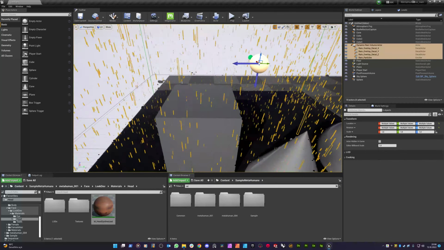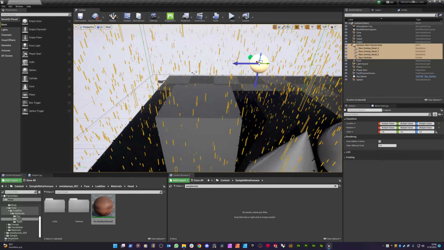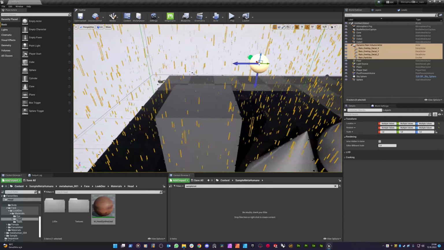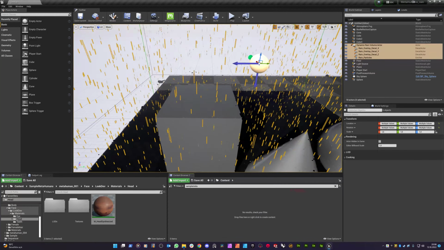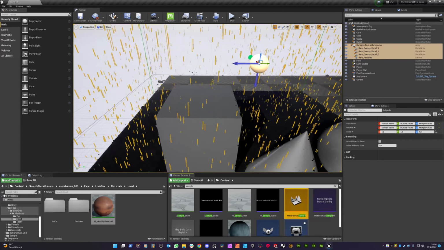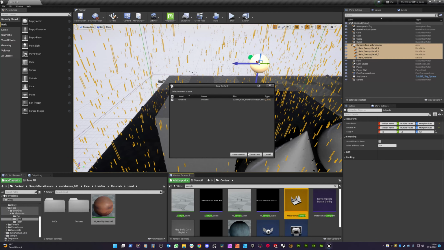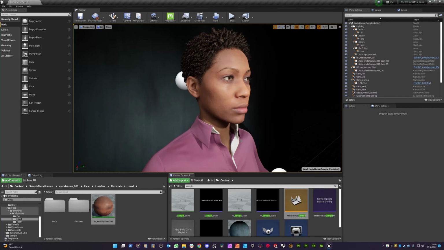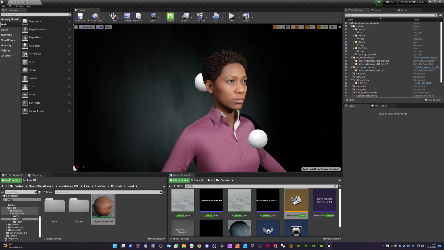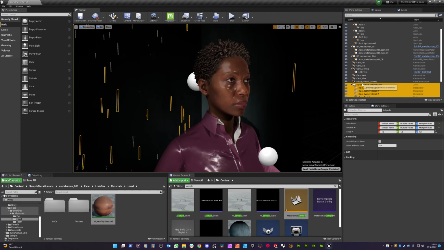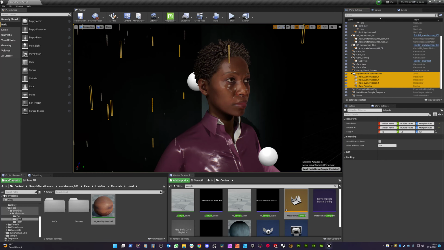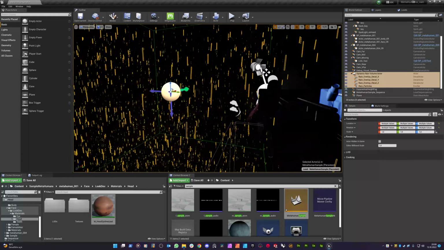So let's search for the level there. I think I saw the Metahuman sample, and I'm double clicking. No need to save anything since I didn't change anything on this level. So we are back with the Metahuman level. Under there, by selecting the root on the world outliner, I'm pressing Ctrl and V. And you see that my dynamic rain volume actor with the decal system is just pasted